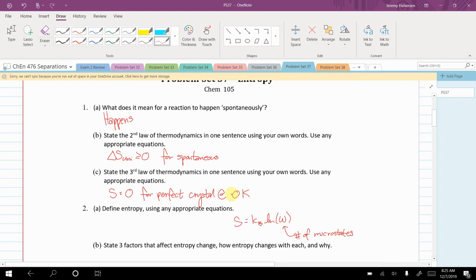And that's why for a perfect crystal at 0 Kelvin, how many ways are there to arrange a perfect crystal at 0 Kelvin? There's only one. So as a result, when you plug in 1 to a natural log, you get 0. So that's why your entropy would be 0 for a perfect crystal at 0 Kelvin. But define entropy. Entropy is a measure of the dispersion of energy in a system. So if energy is spread out more, then it will have higher entropy. People like to say entropy is a measure of disorder, so that's not perfectly true, but it helps when you're thinking about it. So if you want to think about it that way, that's just fine.